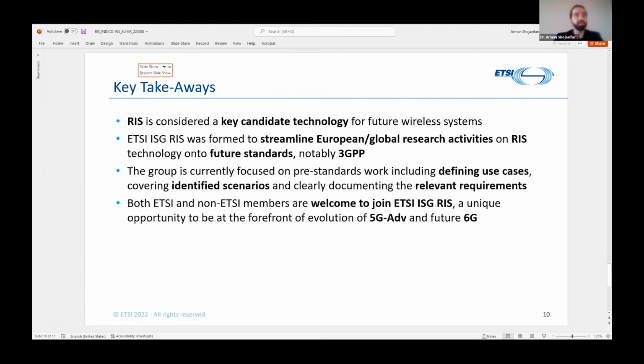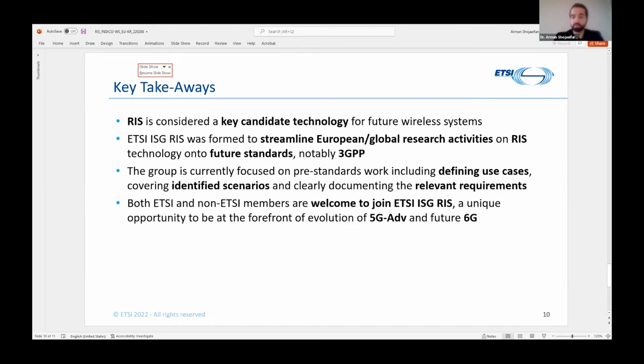So in terms of key takeaways, RIS is strongly considered a key technology block for future wireless systems. ISG-RIS was formed to streamline European, but also importantly coupled with global initiatives, research activities on RIS, such that the technology would be going into future standards by having research and research partners as part of that journey.